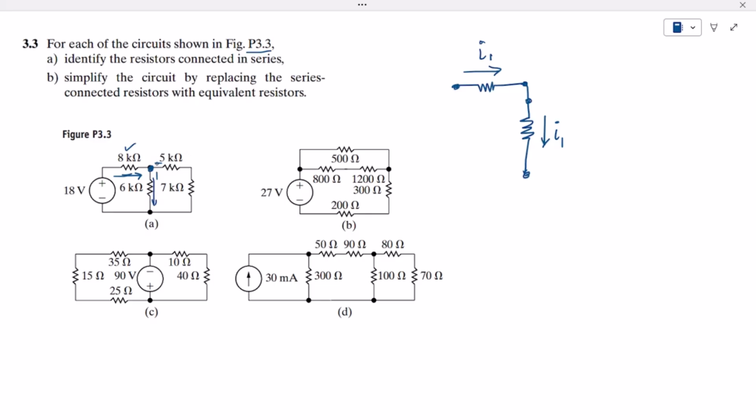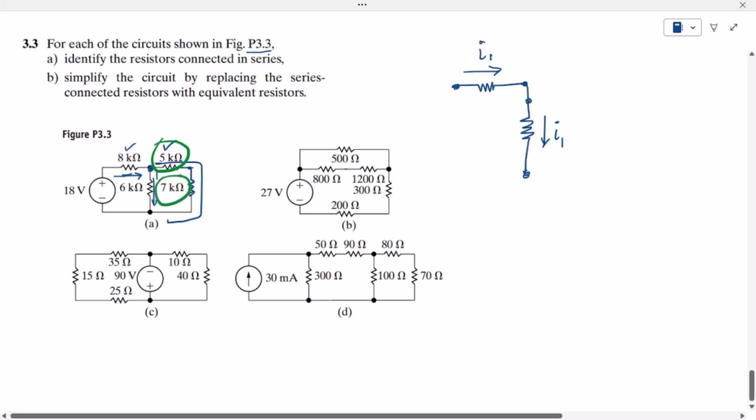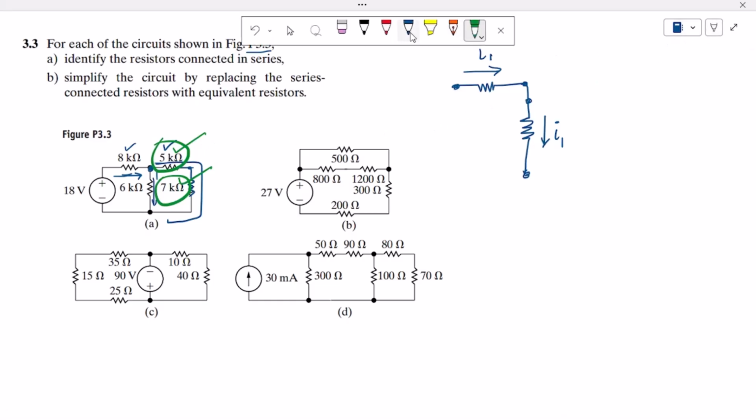And the other current, this is the current which is flowing through the 5 kilo ohm resistor, and the same current will follow this route and it will flow through this 7 kilo ohm resistor. So we can see here that these two resistors, 5k and 7k, are in series with each other because the same current is flowing through them. Okay, so we can see that this and this, these two are in series with each other. Okay, similarly in